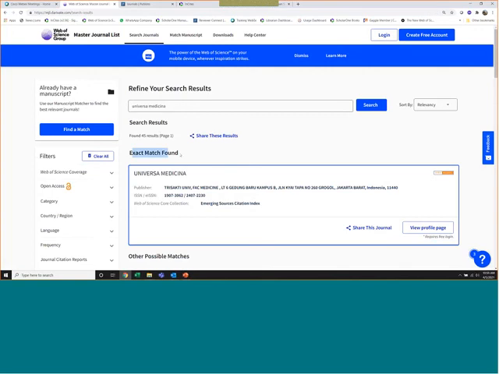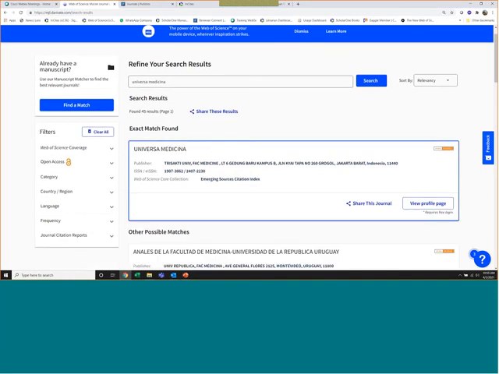If it says exact match has been found, then you can rest assured that this title is indeed indexed in Web of Science, okay, and you will be able to see which collection it belongs to, and it says that it is belonging to the Emerging Sources Citation Index. Okay, so when it says Emerging Sources Citation Index, it means that this journal has fulfilled the 24 quality criteria, but it has not fulfilled the impact criteria. So that's why it does not have an impact factor yet. Okay, so it's currently sitting in the Emerging Sources Citation Index.